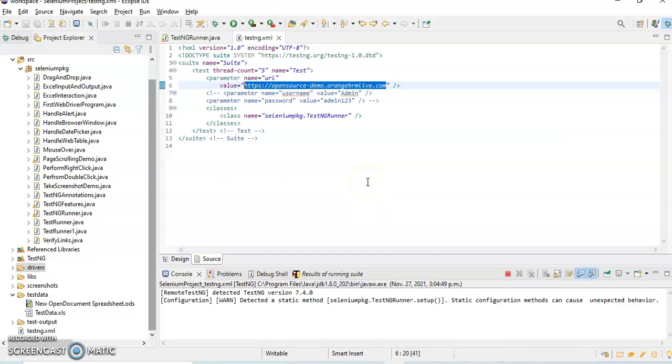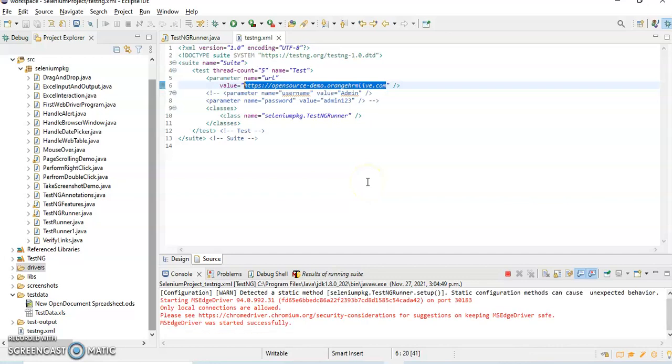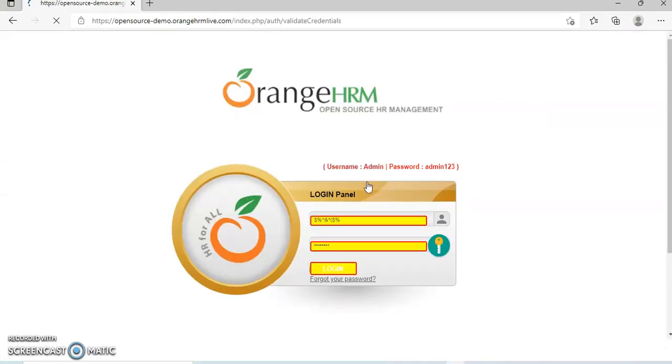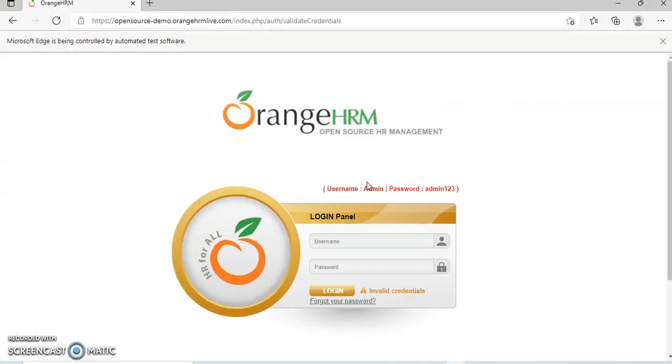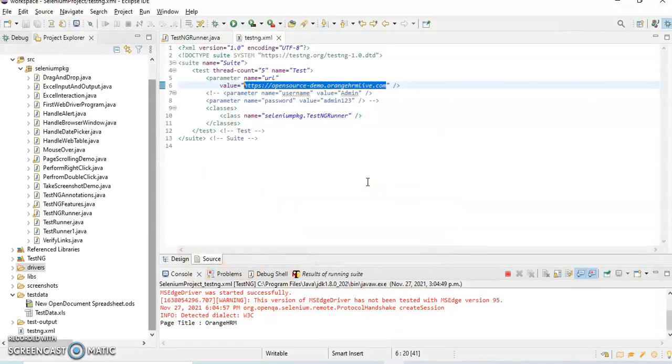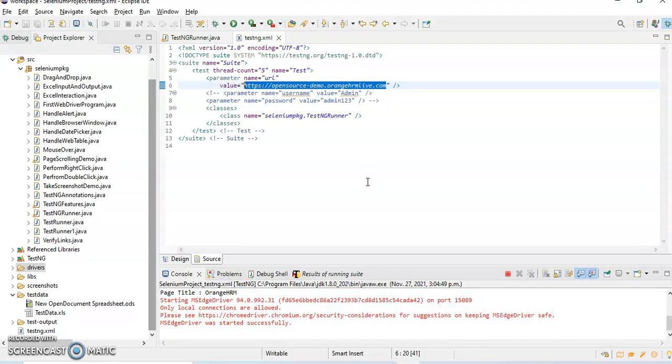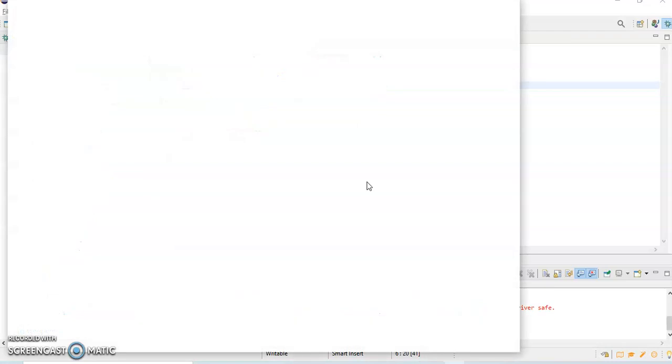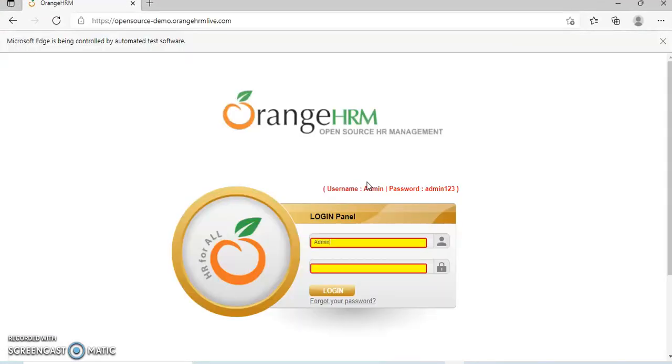So the execution has been started. It is going to open my browser and invoke the application under test, and now it is logging in. Just look at the username and password edit fields and see the data. Now it is entering the second set of test data.